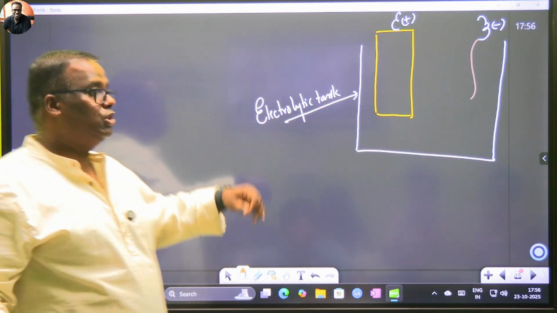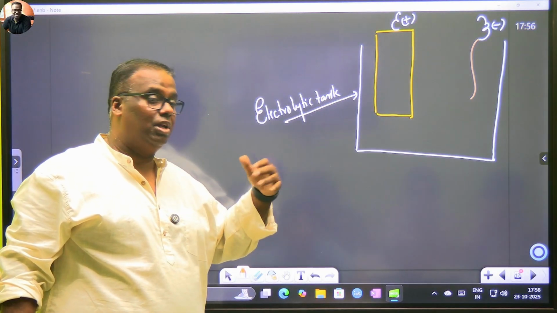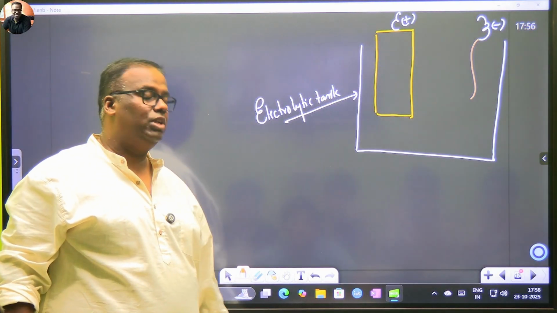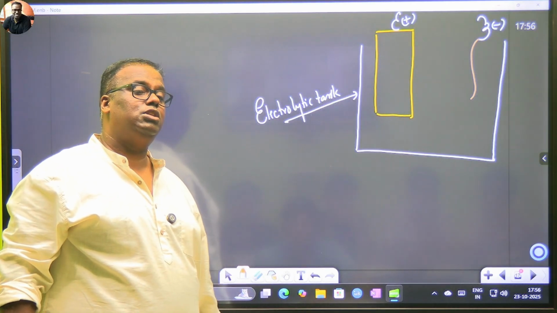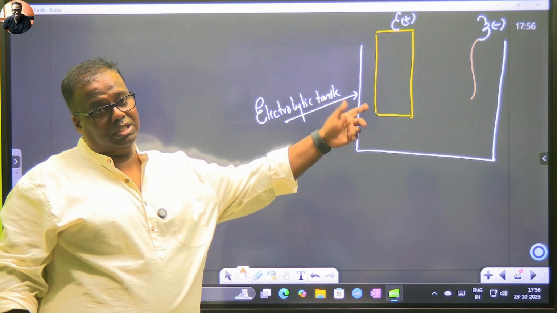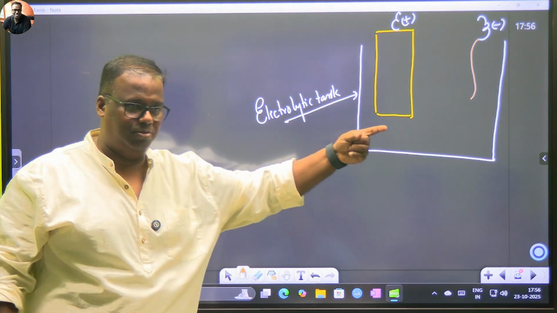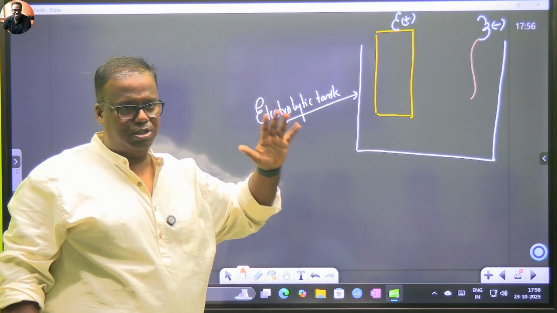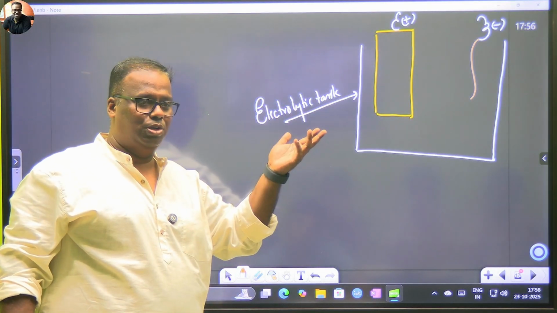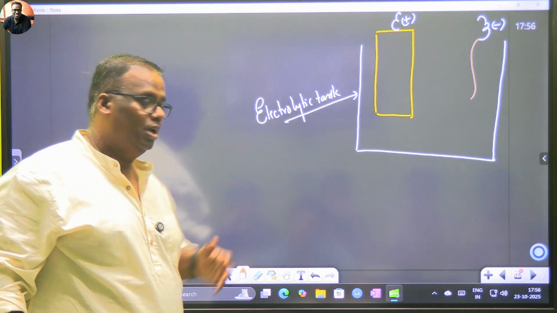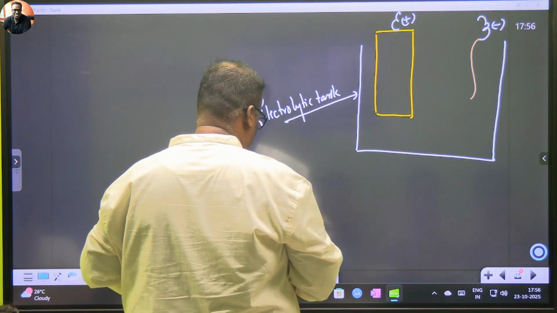Whether you are doing electroplating or electrolytic refining, not electrochemical, in both cases the electrolyte is always a salt of the metal you are refining or the metal you want to deposit. Though plating is not in your syllabus, it was in grade 8. If you want to plate with copper, then copper salt should be used. Now you're refining copper, so we will use copper, and our lovely copper salt is copper sulfate.